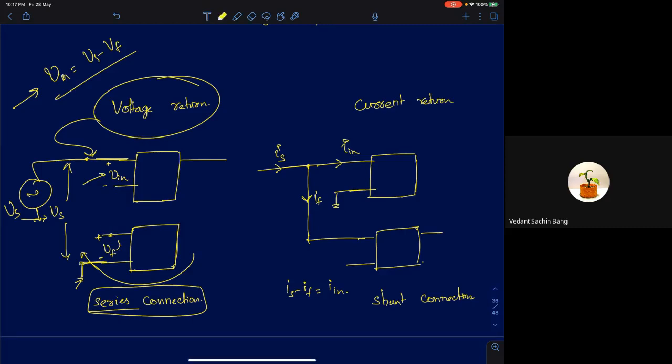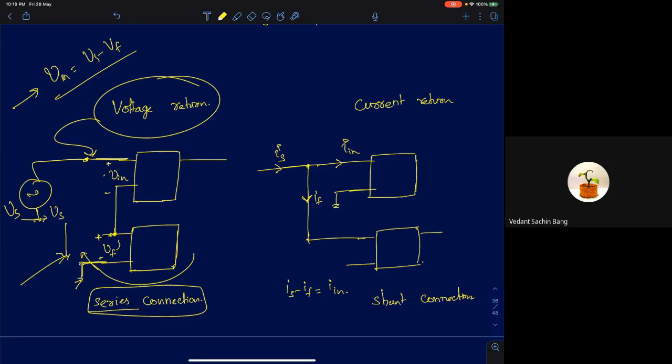If I directly take the feedback network and connect it in shunt, I can't do that because it's delivering a voltage at this point. If I directly short it, then I'm trying to enforce voltage at that point. That's not possible. I just want to add it in series with the input voltage. So I'm connecting it this way. If voltage is being returned at the input port, it has to be a series connection.